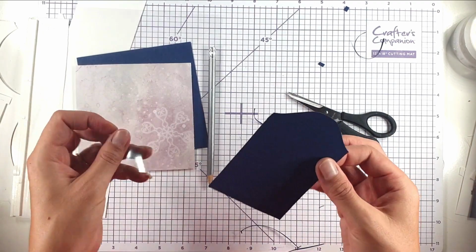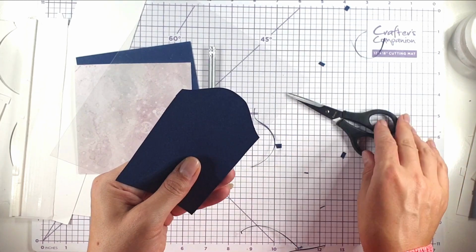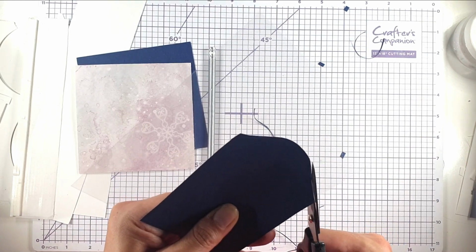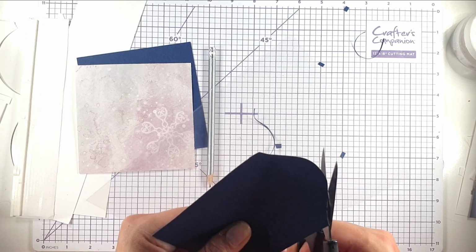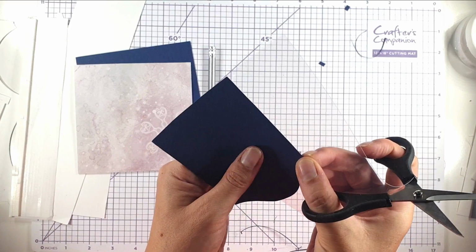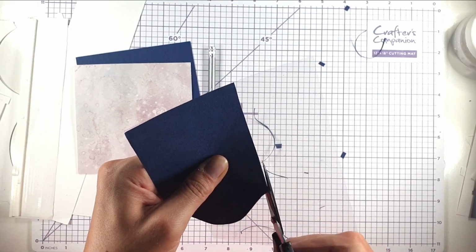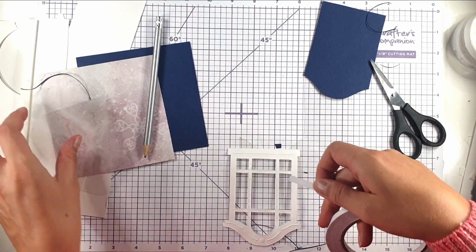So then I'm going to use this one as a template to cut out some acetate as well. This is Hunkydory acetate, but any acetate is fine, even packaging. You know, some food packaging, as long as it's clean, kind of comes with a bit of acetate in the front, doesn't it? It's nice to use those bits up. So I'm going to add some